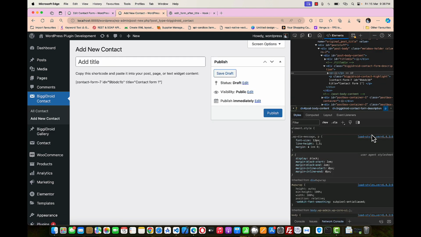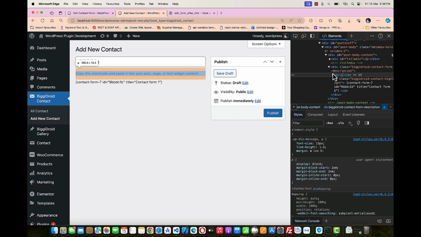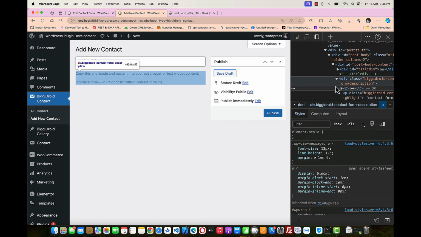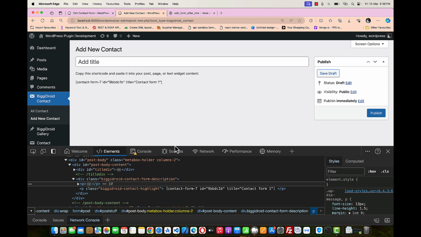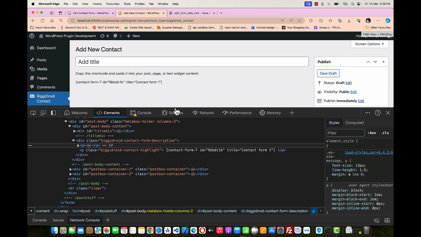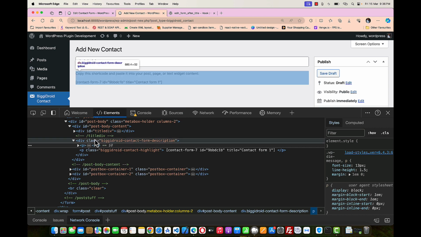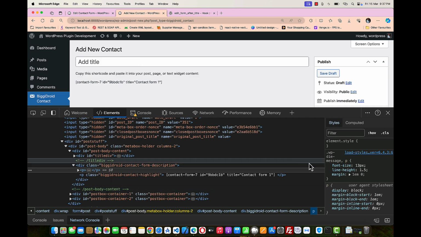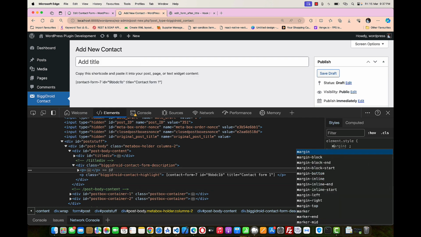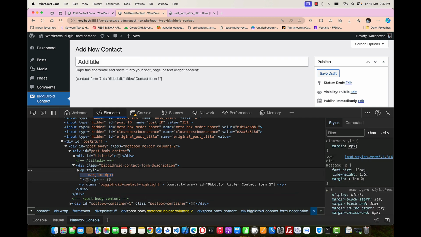Okay, so the first div, let me just drag it to the bottom so that you can see that clearly. Take it up a bit, so we select the first P. Where's the first P? This is the first P. So the first P has the margin bottom. So let's first take out the margin, margin 0, and the color